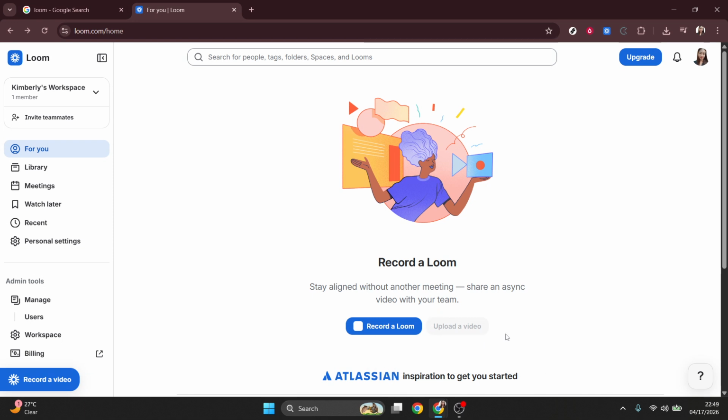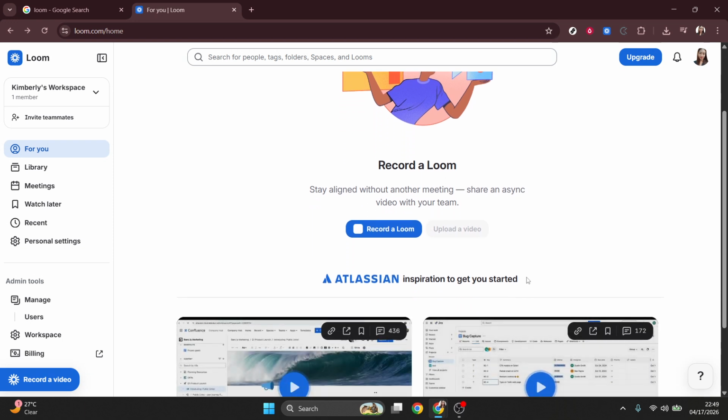The free or starter plan costs $0. It's designed for light use and quick recordings. You can create up to 25 videos, and each recording can be up to 5 minutes long. You still get the essentials like recording your screen and camera together, plus captions. If you're new to Loom, this is a great way to try it out or handle short updates. Just remember the limits. Keep an eye on your video count and plan your talking points so you stay within